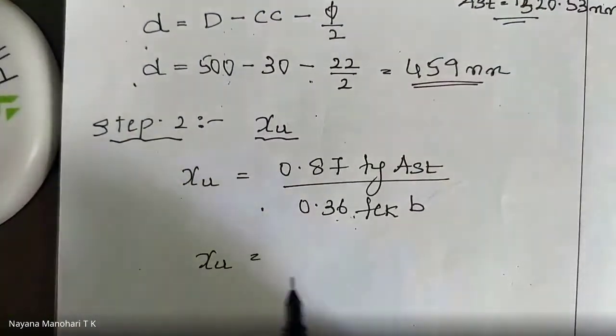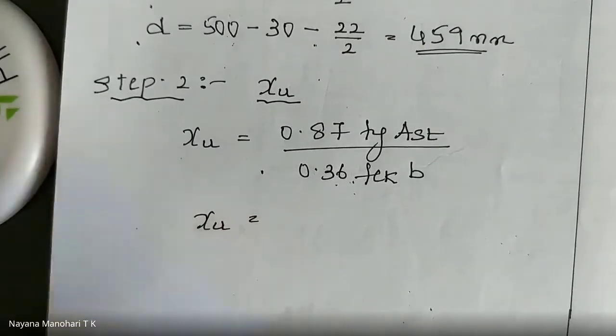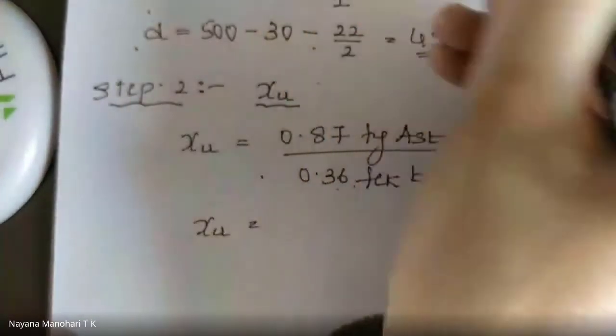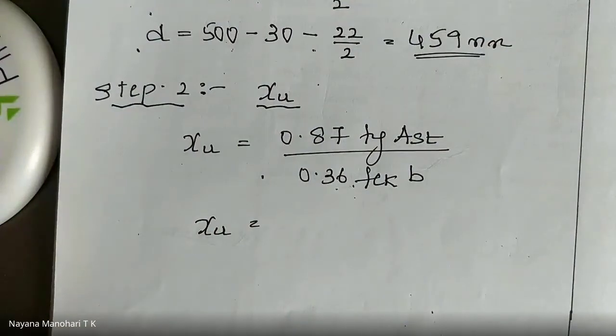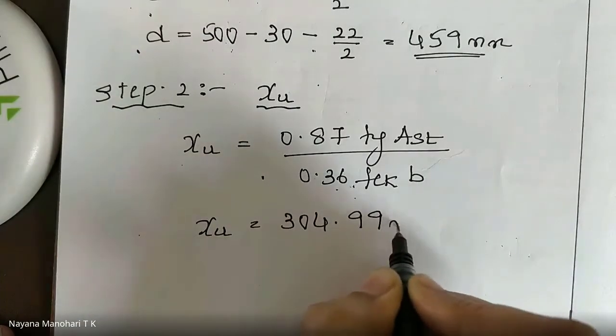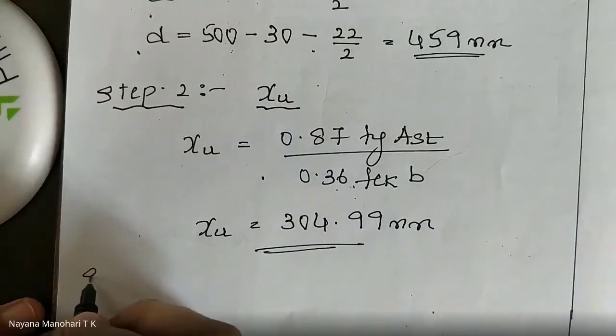Okay, calculate XU value. How much? 304.99 mm. Okay, third step, calculate